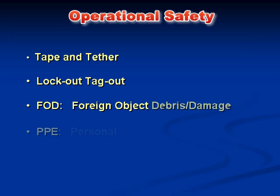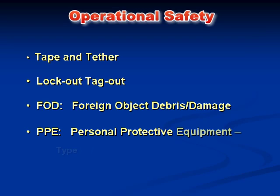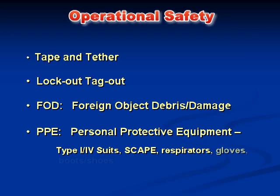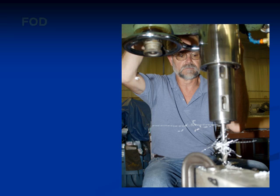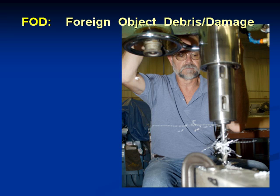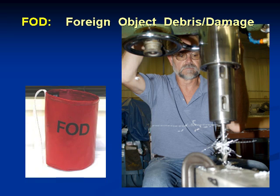Two areas deserve special attention in this overview. The first is called FOD, which stands for Foreign Object Debris or Foreign Object Damage. Anything that doesn't belong in the work environment, from trash and misplaced tools to dirt and grass cuttings, qualifies as FOD. FOD is not only the enemy of a clean work environment, it is also a threat to the success